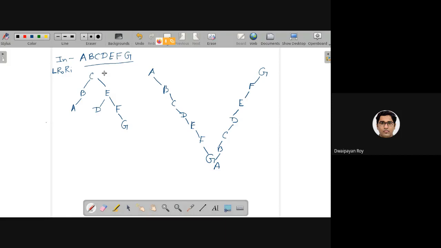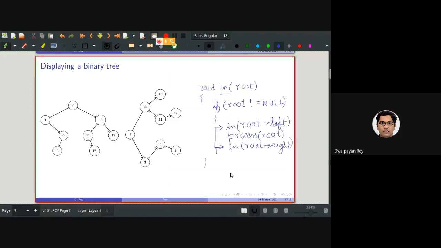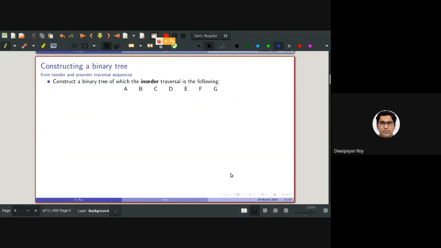So the point is, given one traversal sequence, we will not get one unique binary tree. That is the reason we should not call these in-order, pre-order or post-order traversals unique representations. So we have discussed this.